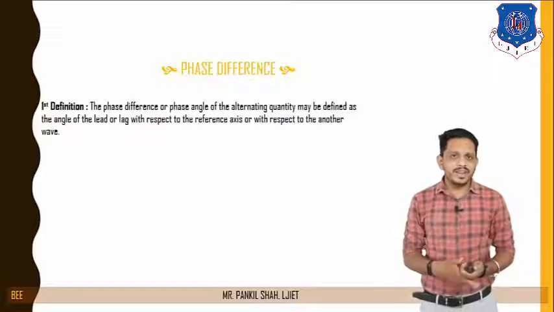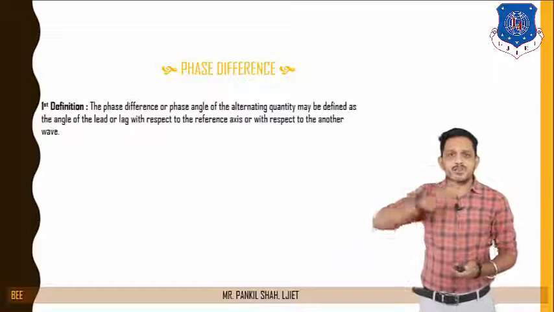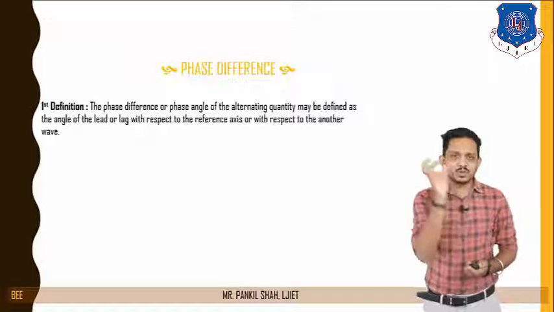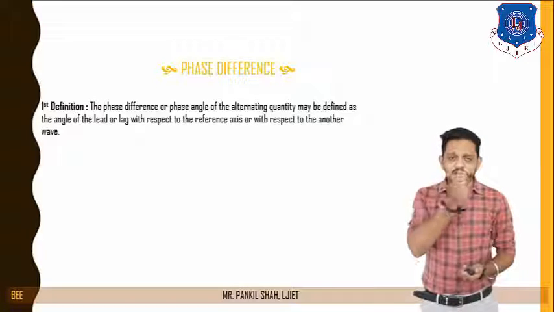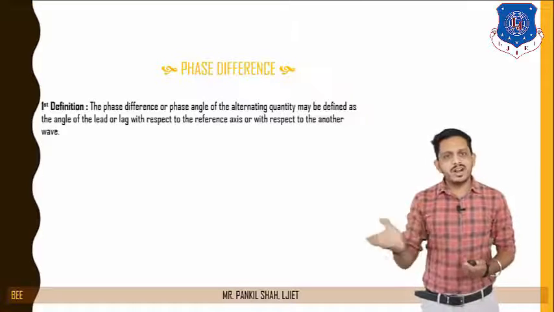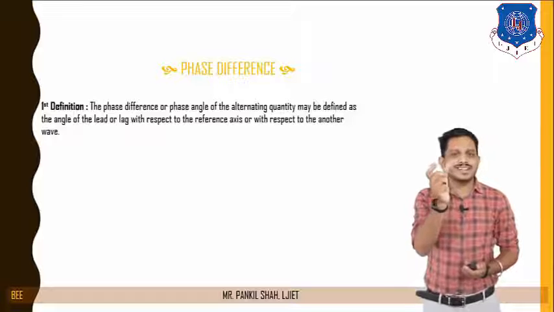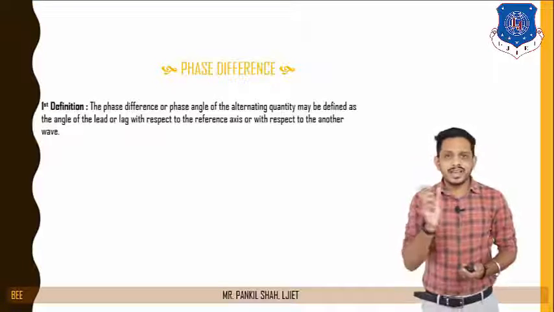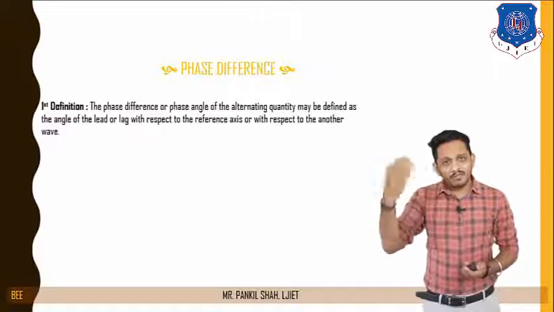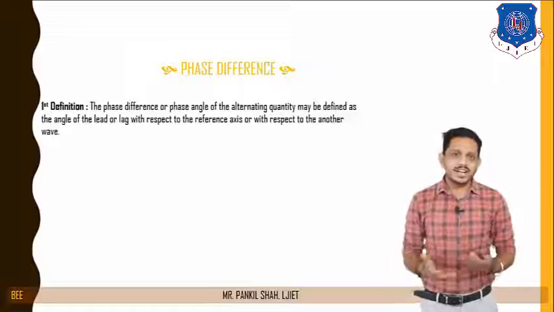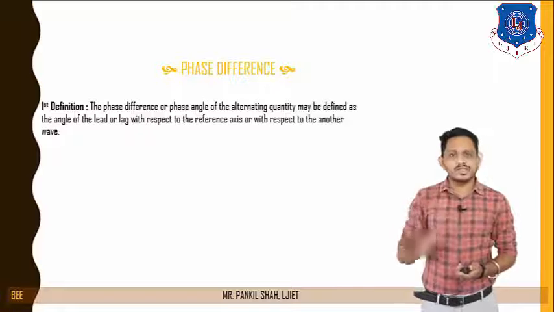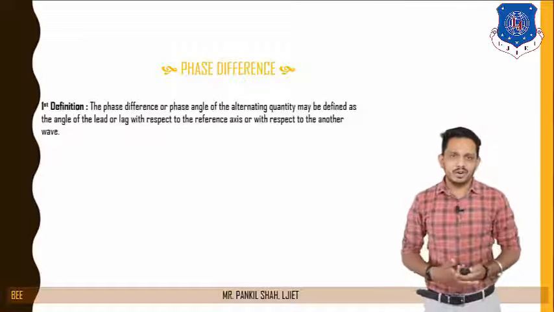It means if one quantity has started at some degree from our reference degree 0, then we can say that it has this much phase difference. If one quantity has started at some theta 1 degree and another quantity has started at theta 2 degree, then we can say that these two quantities have not started at the same point. So there is some phase difference. The quantity which started after the first quantity is said to be the lagging quantity, and the quantity which started just before our second quantity is said to be the leading quantity.